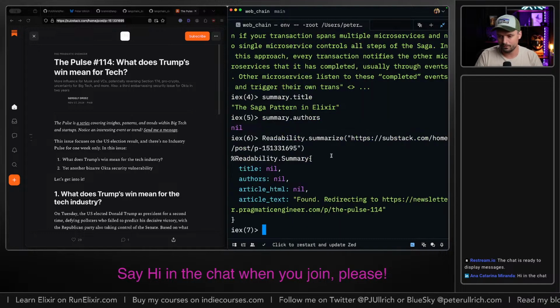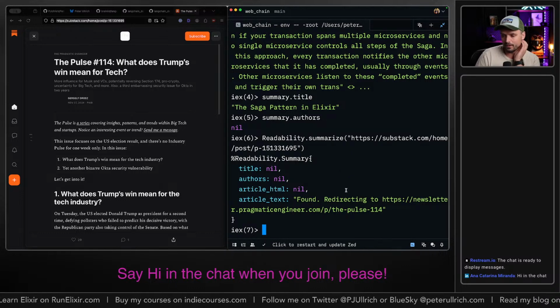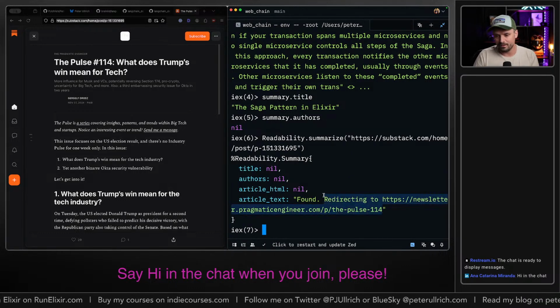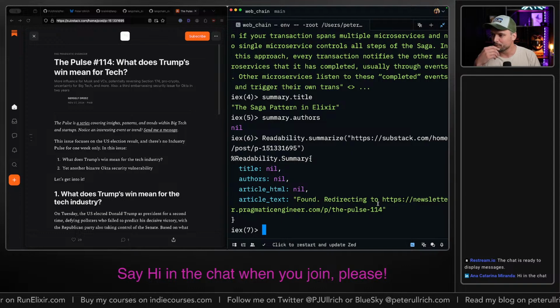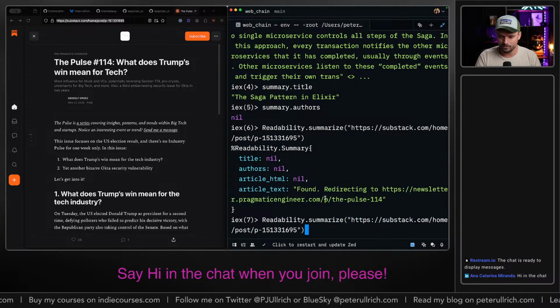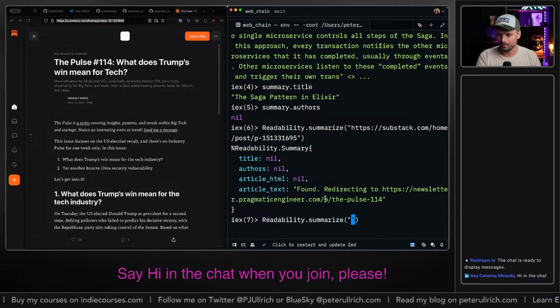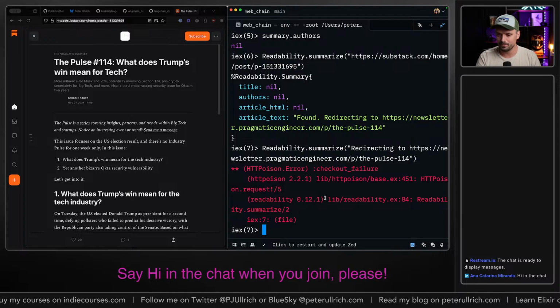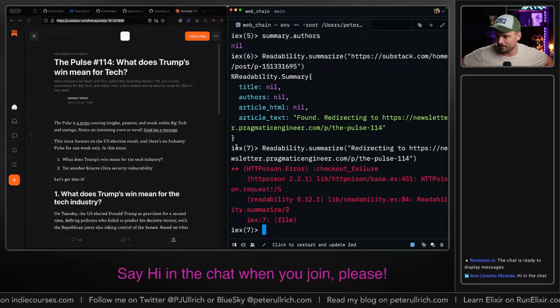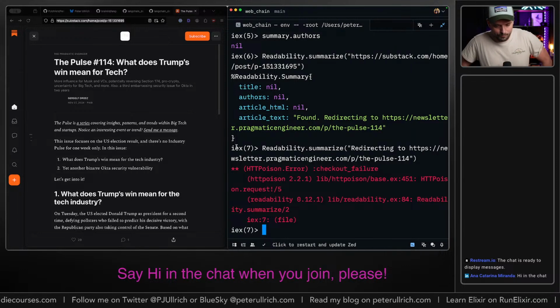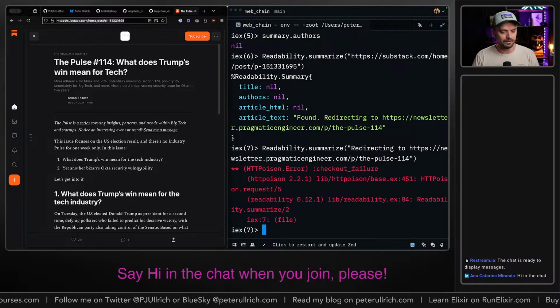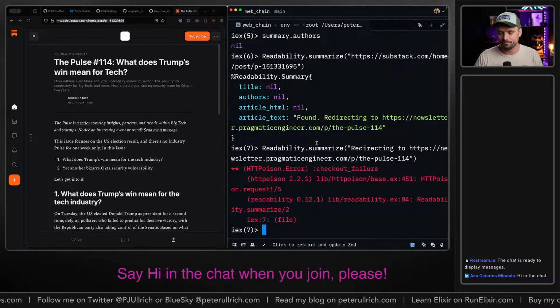Maybe it's also just a redirect issue. Nope. Checkout failure. Interesting. Yeah, for example, Substack, they make it hard for crawlers to crawl the information, or their articles at least. Funny.